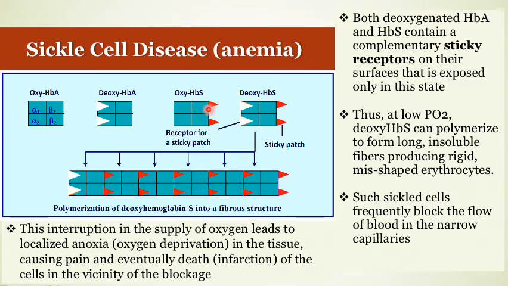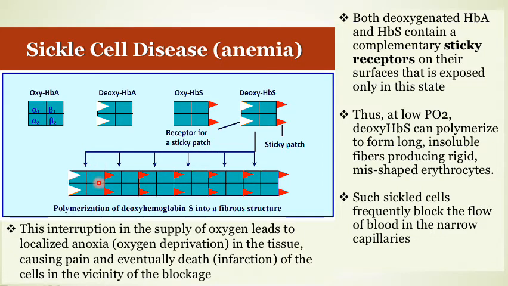The sticky patch is the abnormal valine. Normally, in the normal hemoglobin, we don't have valine. We have glutamic acid. It makes this triangle, as you see, the red triangle. And we also have the sticky patch. This sticky patch comes from the valine, will enter this notch and bind to it. This notch is called the receptor for the sticky patch. So this is the first molecule of hemoglobin S. It will bind to the second molecule of hemoglobin S by binding of the sticky patch to the notch or the groove, which is the receptor for the sticky patch.